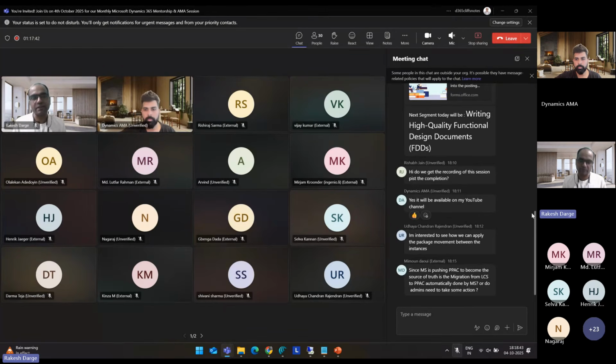It is not GA yet. So from the production environment perspective, you still need to stick to LCS until it goes GA in PPAC. But from a migration perspective, no automation is going to happen from LCS to PPAC. Everything needs to be managed by the customer or partner, whoever is responsible, or the admin.